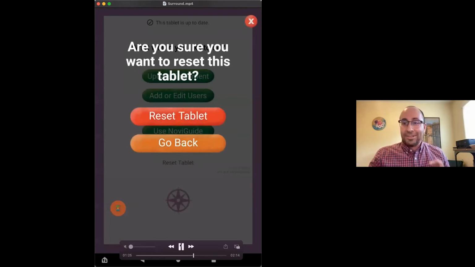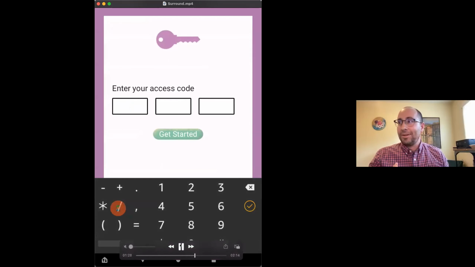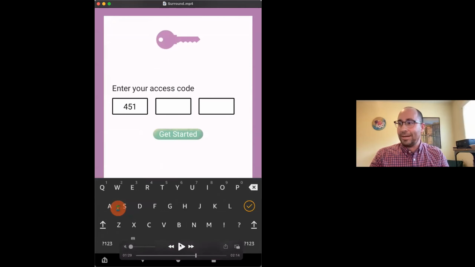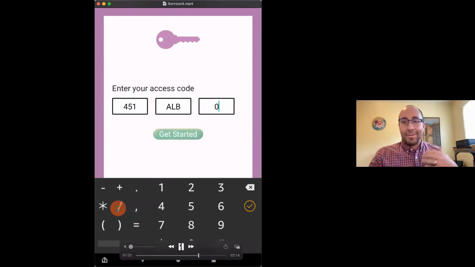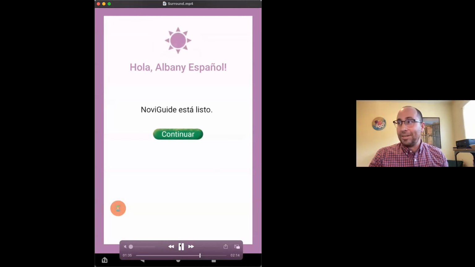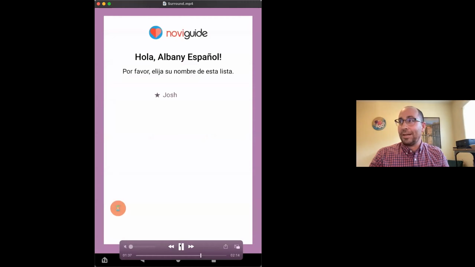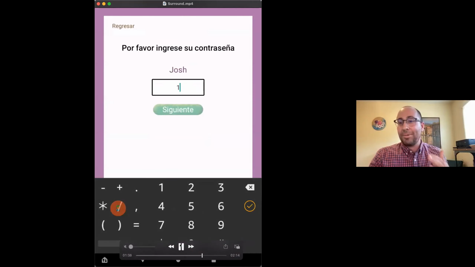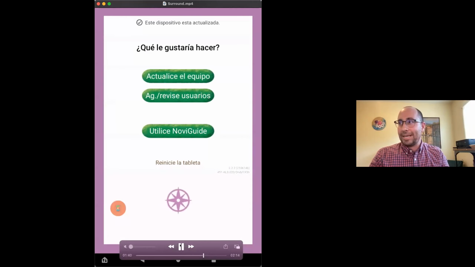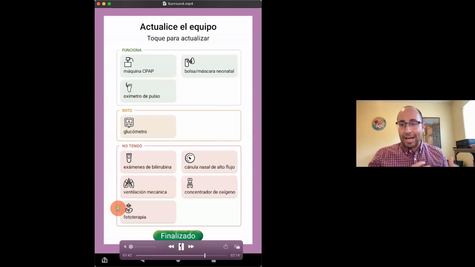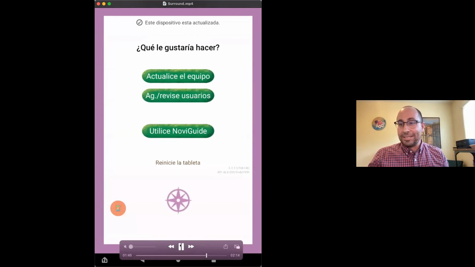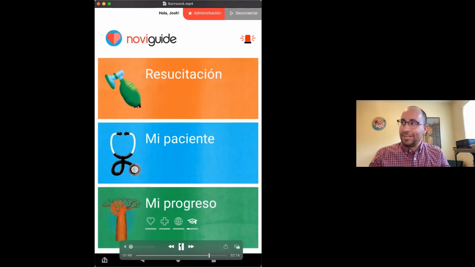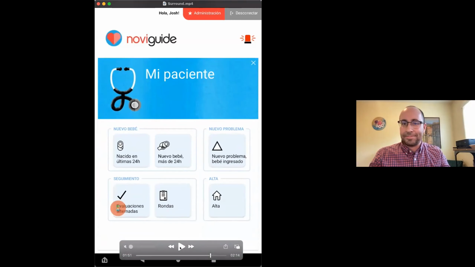Let's say a device needs to switch locations to a completely different clinic with completely different personnel. It's just a matter of changing the code. So if we change a code on our end, all of a sudden, I'm in a Spanish-speaking clinic that's configured to Spanish. I'm the only user there, and I have equipment that looks completely different than the site in Albany. I can go back and forth. This allowed us to not have devices that were stuck in a specific clinic. This also has some of the gamification.